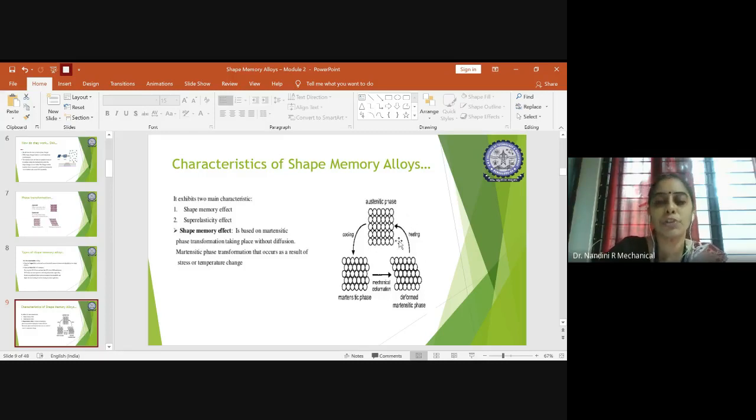Once it has regained the position as required for a particular application, once the work is done, you start subjecting it to cooling treatment. When it is cooled, you can see that it will come back to the original position in which it was deformed. And it will not be exactly the same. You can see the arrangement of the molecules here. The first row is same, the second row is same, and in the third row you have the variation. See, here it has one molecule behind, whereas here it is a small change.